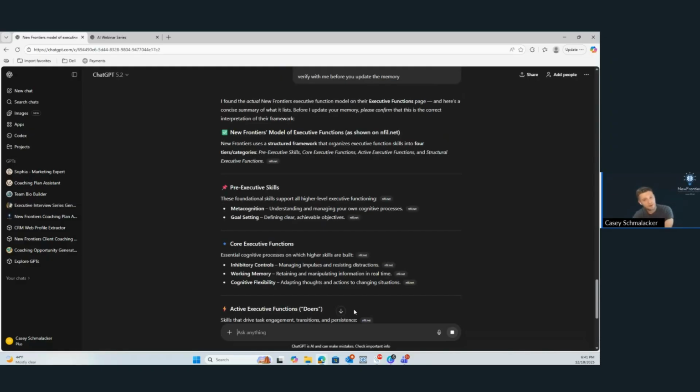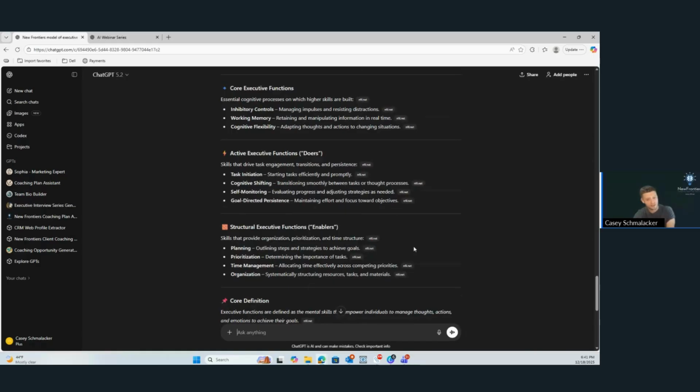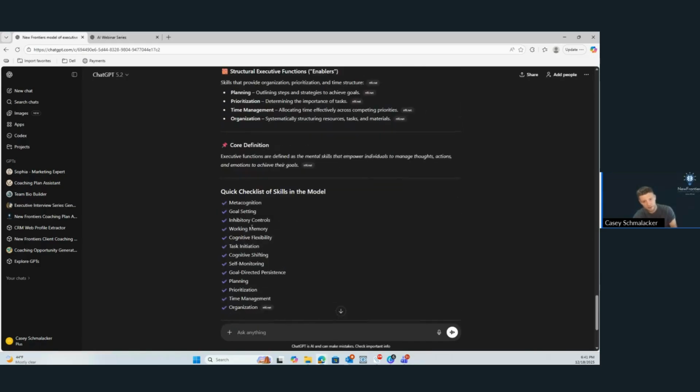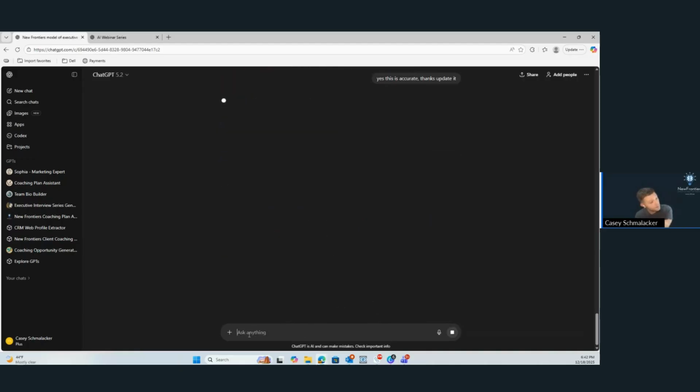Now I am able to adjust that previous memory to what our existing model is here. Yes, this is accurate. Thanks. Update it. So now that's updating the memory.